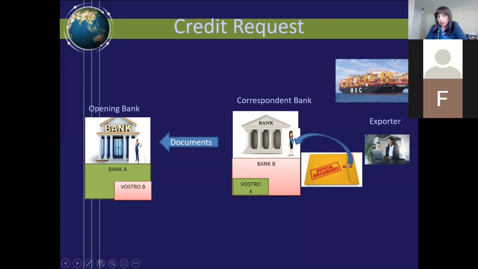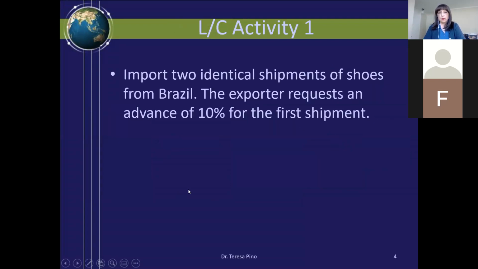Why does the bank need the documents? Remember that the opening bank is giving the money. So the merchandise, the container that is coming here, belongs to the bank, not to the importer, until the importer pays the money back. So when the opening bank receives the documents, and if the importer doesn't have the money to return, the opening bank takes the merchandise. They seize the merchandise because they have the documents to clear the merchandise for import. But the bank doesn't want that. They want the money. Okay, that is the process.